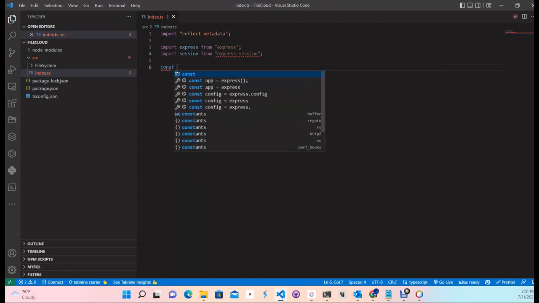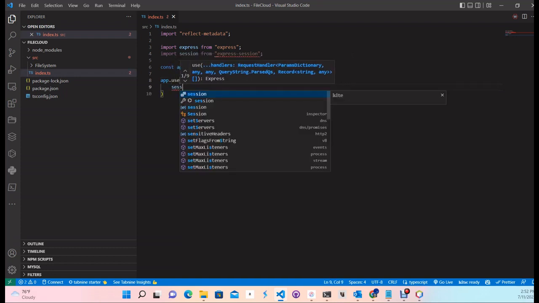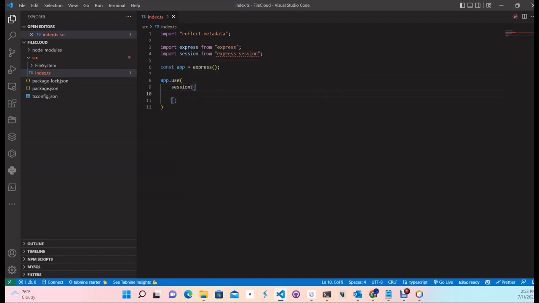Const app equals express, and then in this express app we want to say app.use. So now we're going to tell it to use the session. So we will give it a session of session, and then we'll say secret equals process.env.secret, or we'll set the secret to something, and then after that we will say cookie. Now we're just setting the max age for the cookie, so maxAge